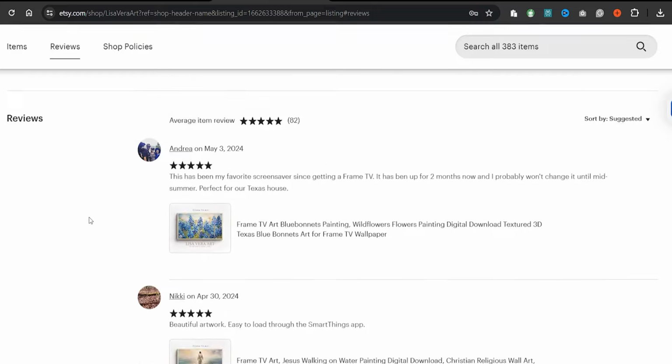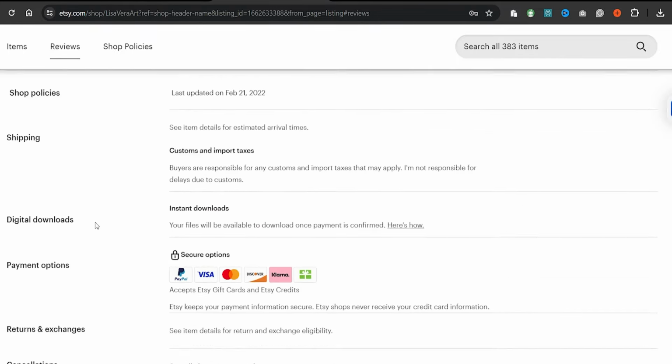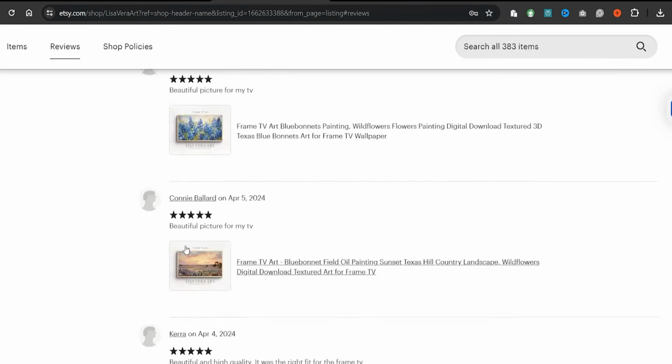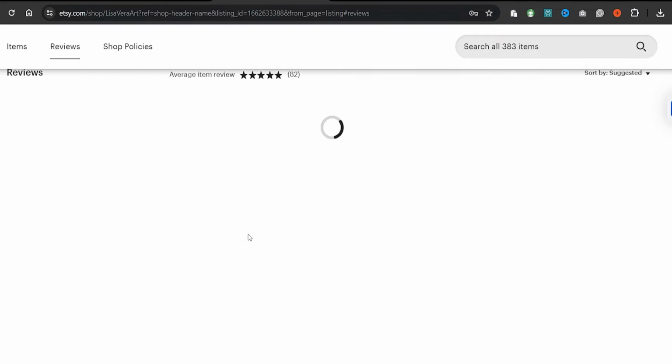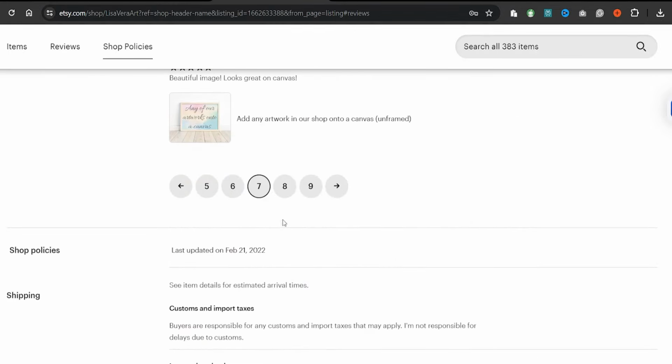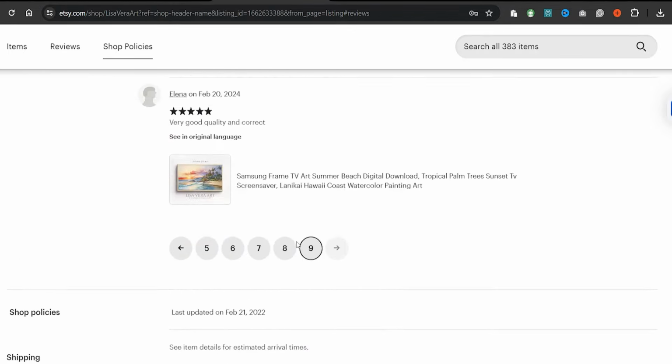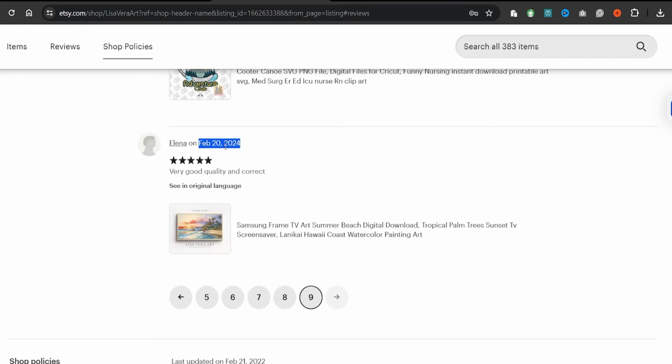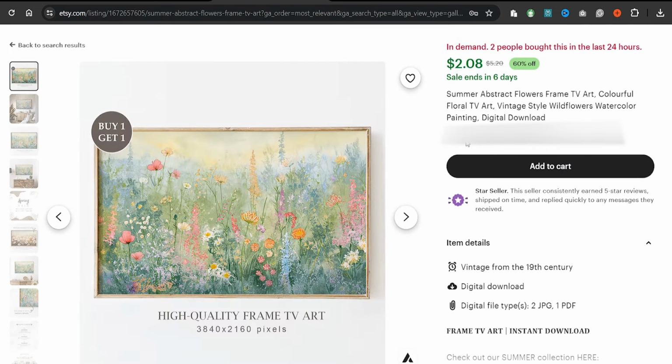I always check when they created their Etsy shop. I can find that in the About section and I always check when they got their first review. If the seller has thousands of sales and the shop was created this year or last year, it means this is a good seller. The next step is to go to a listing that has traction and take a screenshot